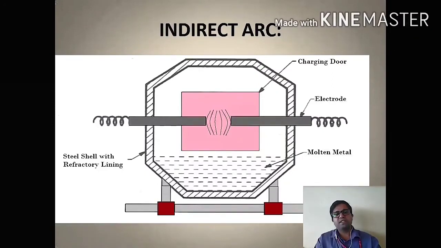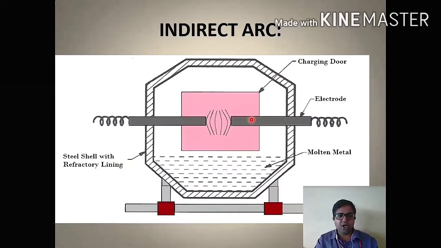Now let us move to another kind of heating, that is indirect arc heating. So this is the circuit diagram, or this is the figure which we are going to use for indirect arc heating. So here once again we consider the furnace, and the charge to be heated is placed inside the chamber. But if you observe, the electrodes are placed horizontally instead of vertically over here. See, the electrodes are placed horizontal instead of facing vertical.